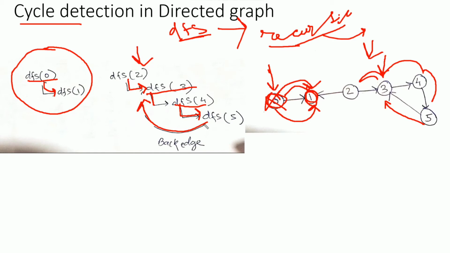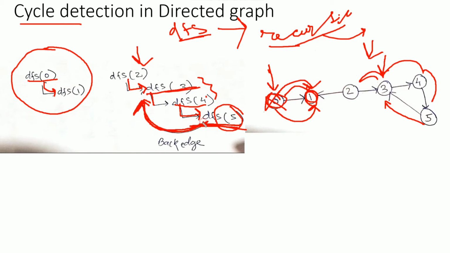In case of directed graph, if a vertex is visited and from another vertex we are reaching towards the visited vertex, or we can say that from DFS 5 there is a back edge to its ancestor. DFS 3 is the ancestor of DFS 4, and DFS 4 is the ancestor of DFS 5. So 3 and 4 are ancestors of DFS 5.